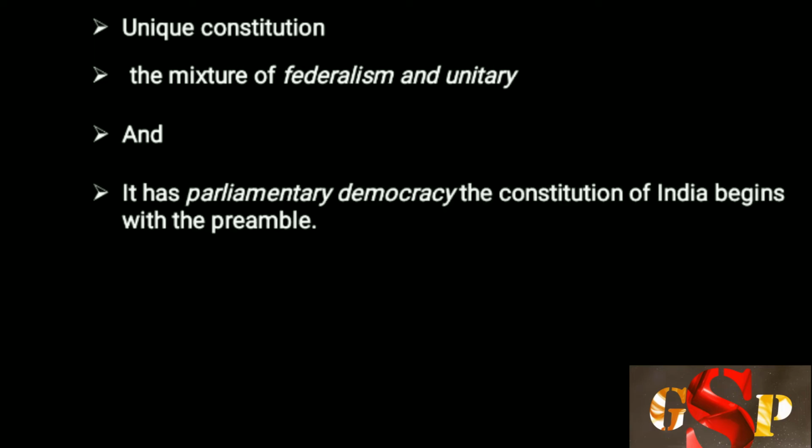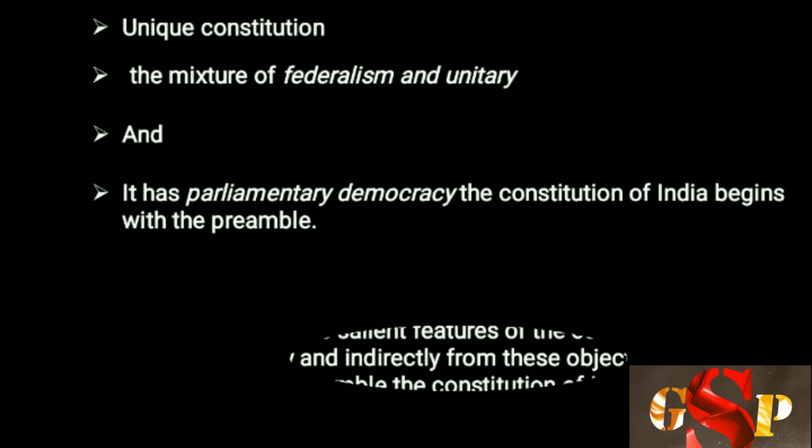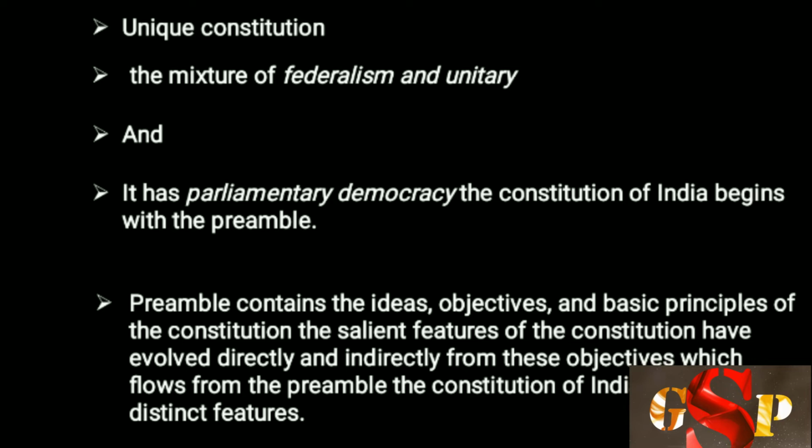The Constitution of India begins with the preamble. The preamble is the most important aspect of the Constitution. It contains the ideas, objectives, and basic principles of the Constitution. Salient features of the Constitution have evolved directly and indirectly from these objectives and flow from the preamble. And the Constitution of India has many distinct features, and the basic salient features are: number one,